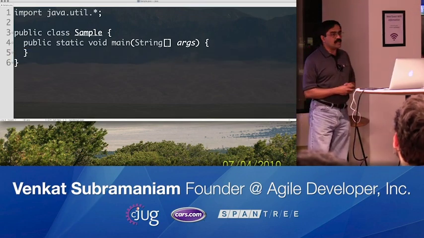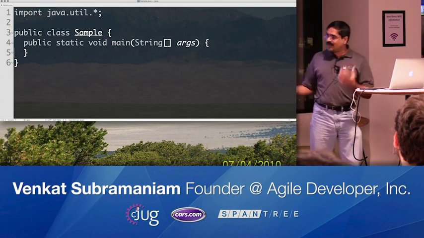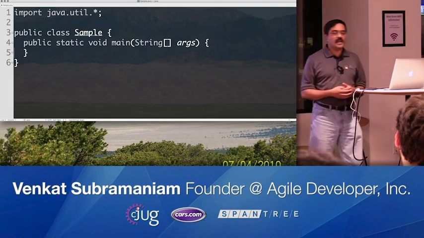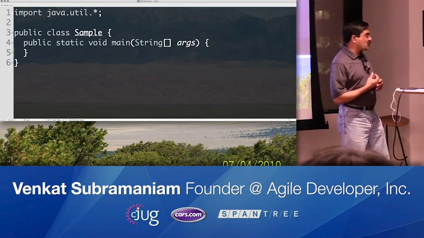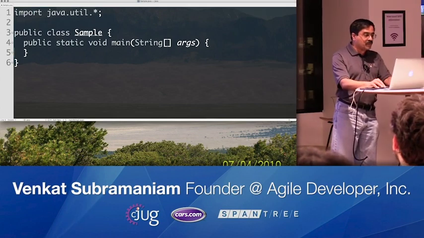We had Callable, and what does Callable do? Callable will eventually return a response back to you. It still doesn't take any input, but will give you back a response. Well, then of course we ended up with what is called a Future.